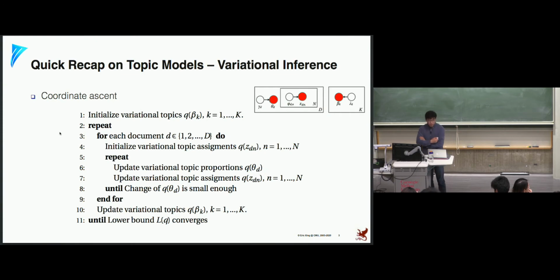If you just optimize the evidence lower bound you derived from mean field variational inference, it becomes coordinate descent over the mean field variational approximation parameters. You fix all the other parameters, choose one parameter to optimize, and then do this over all the parameters. In optimization that's called coordinate descent, and here it's the same thing. You iterate over the whole parameter set many times until convergence.